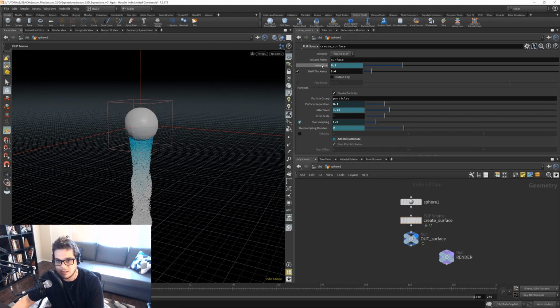Well, now you can see we've got our voxel sizes being determined by something indicated by all these teal colors here. Each one of these parameters, if I click on it, you can see that it'll change from the value that it is evaluating to the expression that has led to that numerical value. You can see that it is actually looking at a channel inside of our DOP network, looking at the particle separation that was set there, and also looking at the grid scale that was set there. So it's just multiplying those two values together,